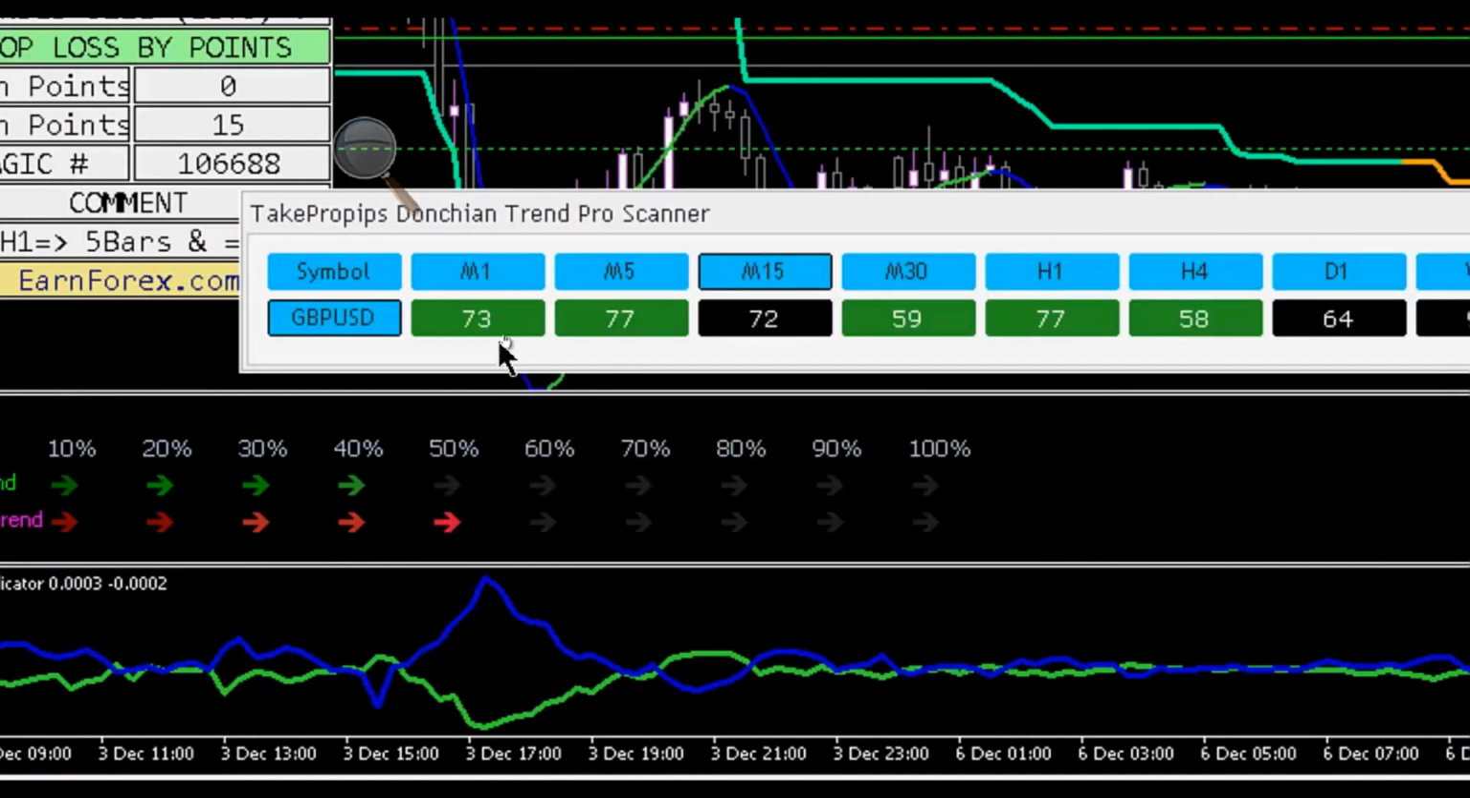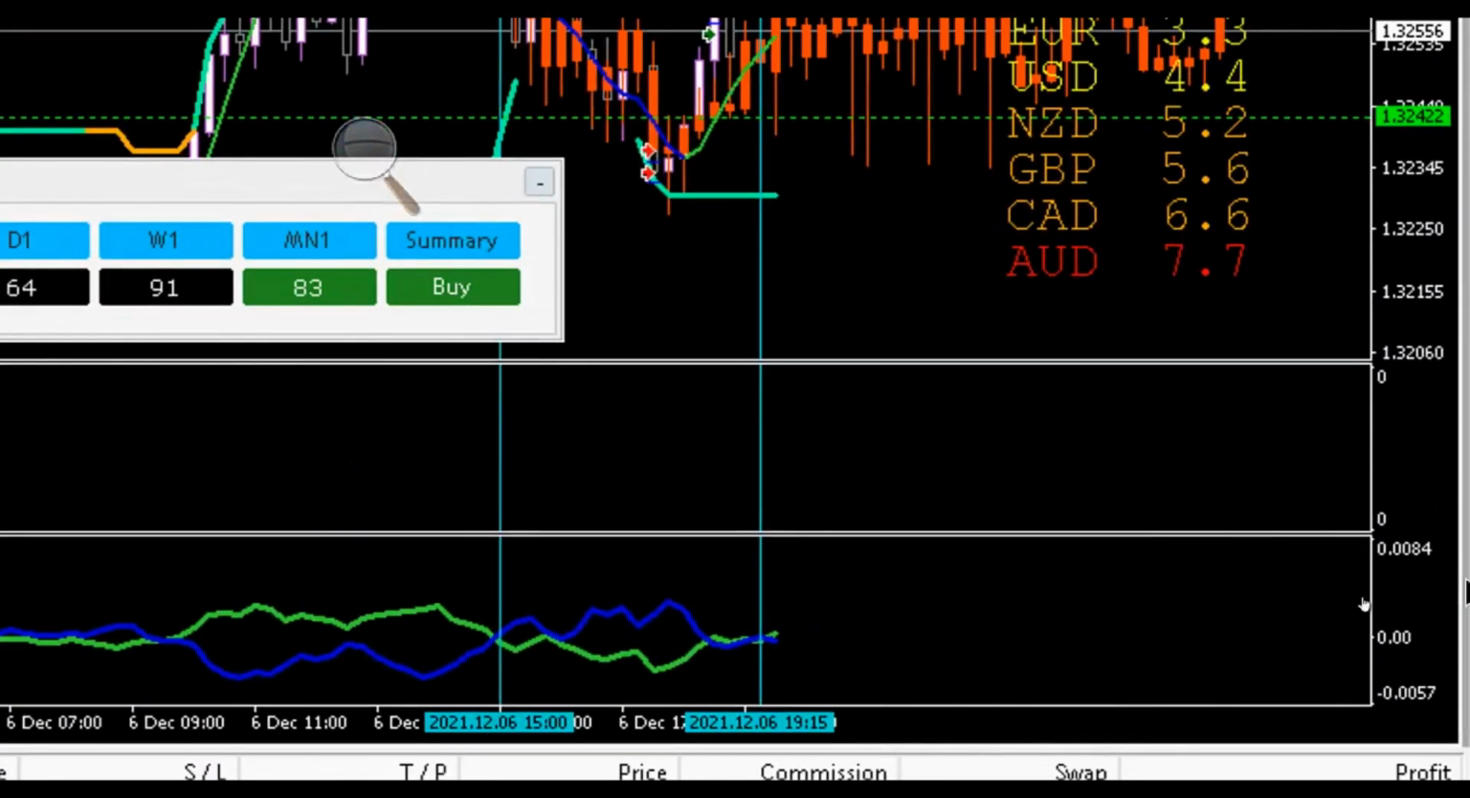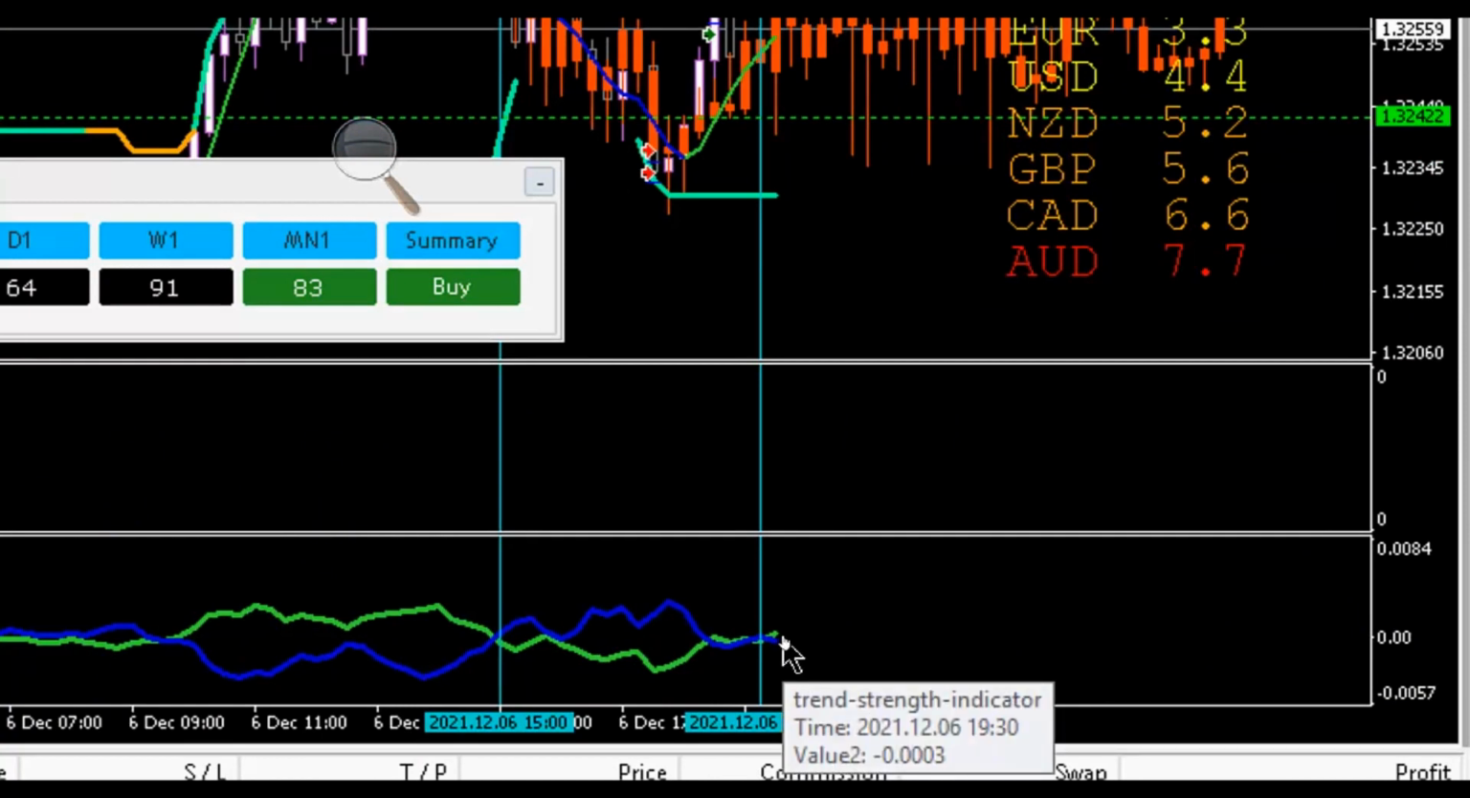And I've got two greens here, back to what it was when we first started the trade. It's 50% now on here. And let's have a look at the chart here. Right, as you can see, the blue is just crossing over, and the green is slightly showing an appearance of an uptrend,